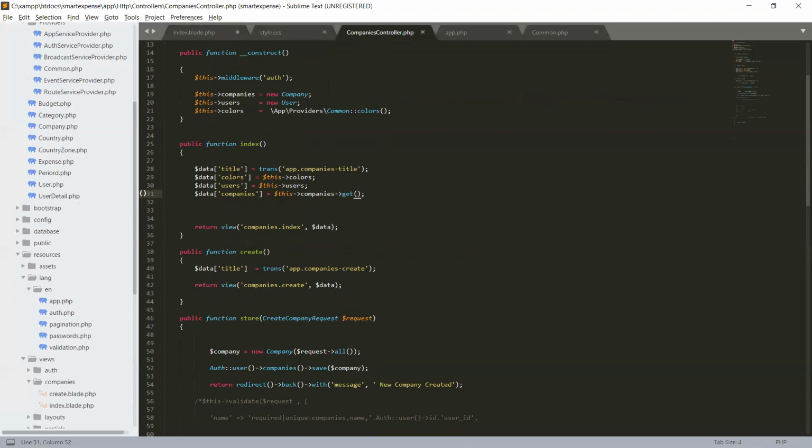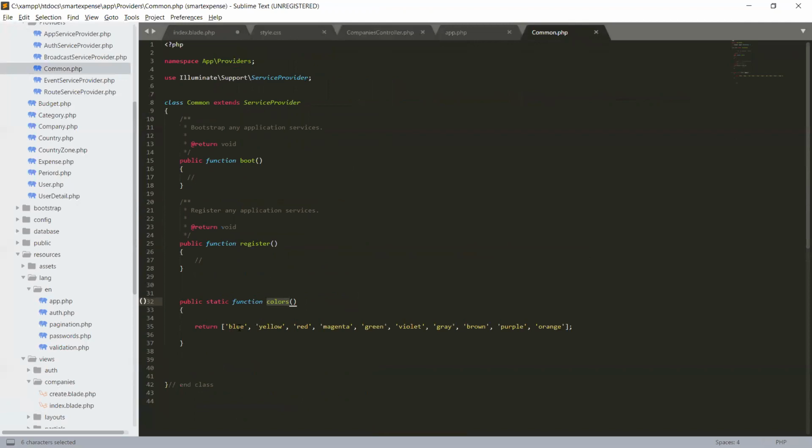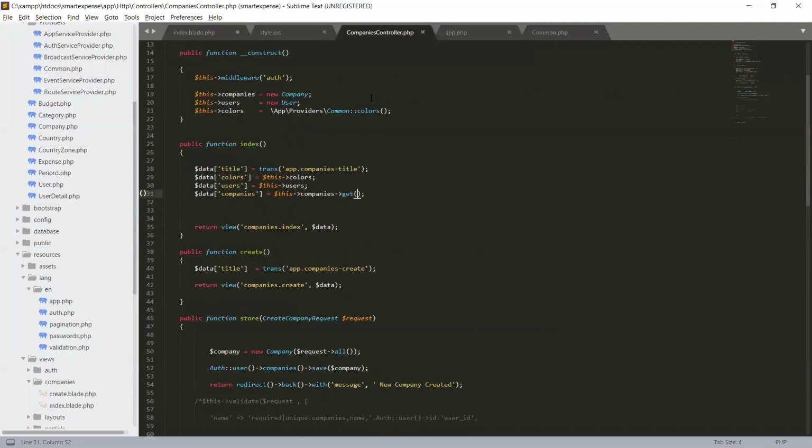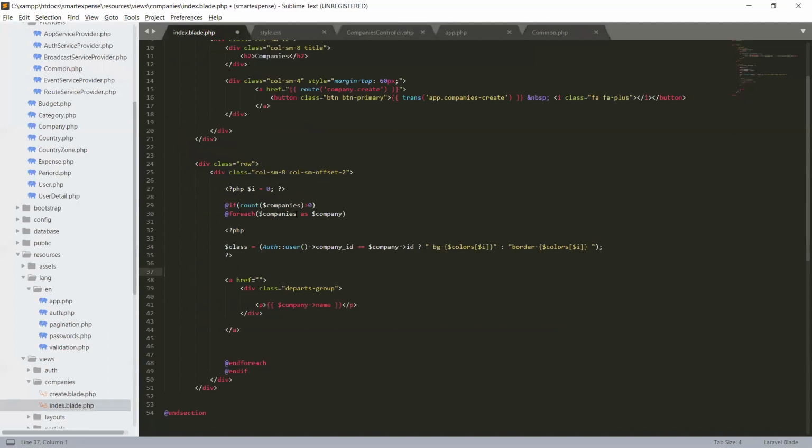So at 0 index is the blue color, at 1 index is yellow, 2 red, 3, 4. So this is an array. So we are passing an array of colors, and when we are iterating this color array, we have to give the index number with that. So by default we have set 0.